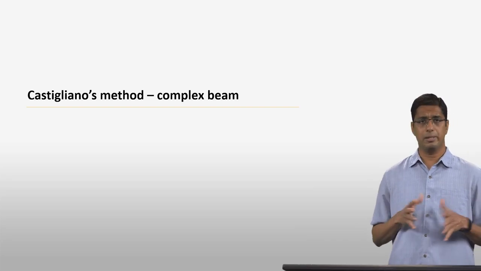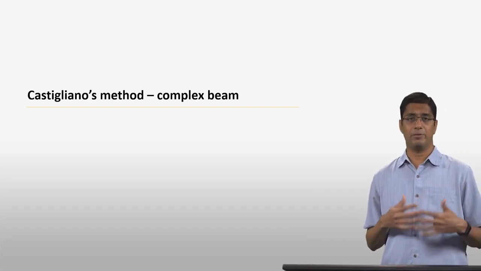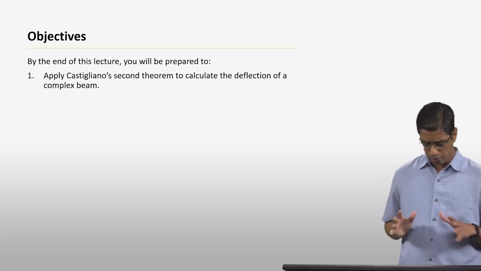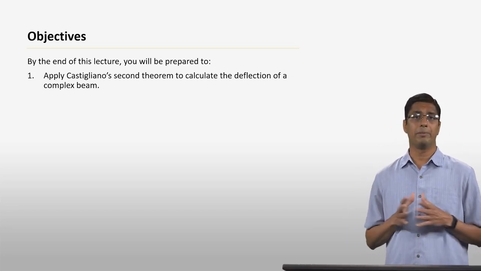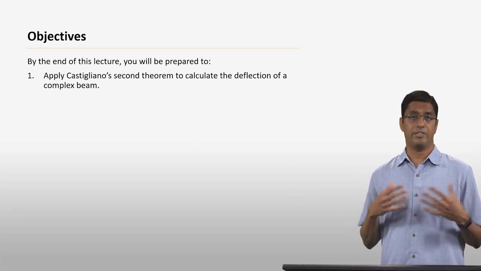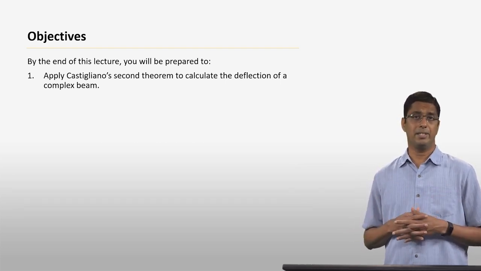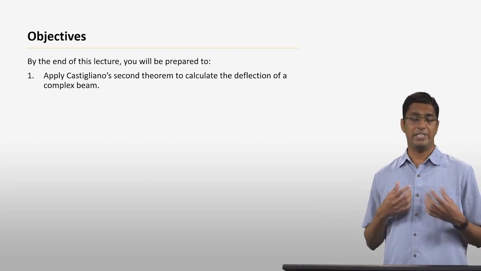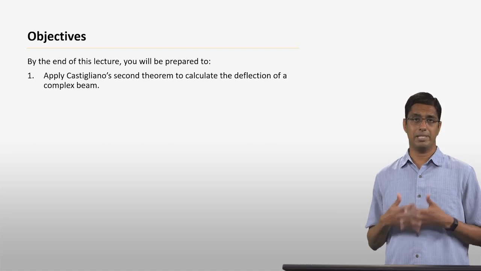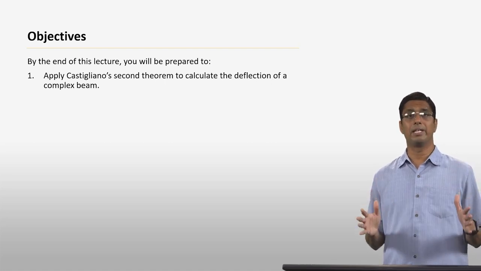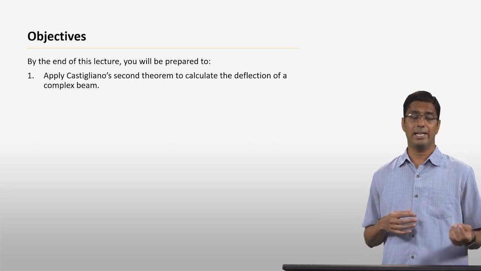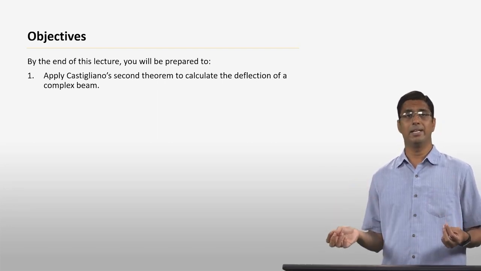Okay, so this problem is going to be somewhat lengthy, so I want to make sure that I take you along the whole way. By the end of the lecture, you will be able to analyze the deflections of complex beams that are subjected to multiple forces and which experience more than one type of deformation. If you look at all the examples that you've done so far, we essentially have had only bending deformation. In this particular lecture, you look at a case where there's both bending deformation as well as